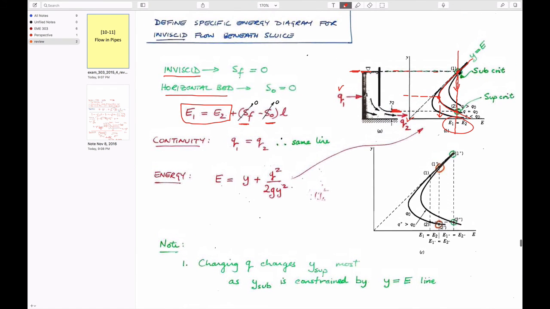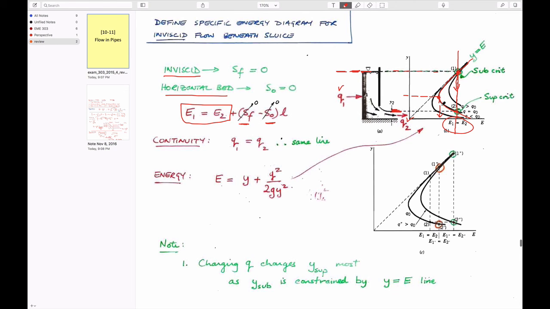So in other words, if you start off with here and you put a constriction within this to be able to make the downstream flow switch from this mode of subcritical to a supercritical flow, then because they have the same energy, because there's no energy loss in the system, if they have the same flow rate, then